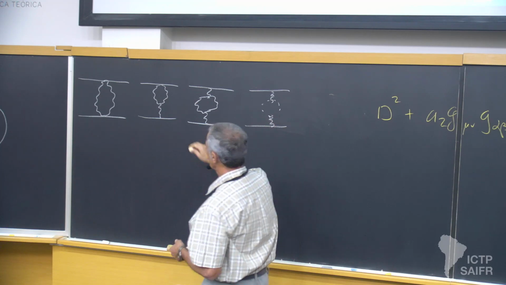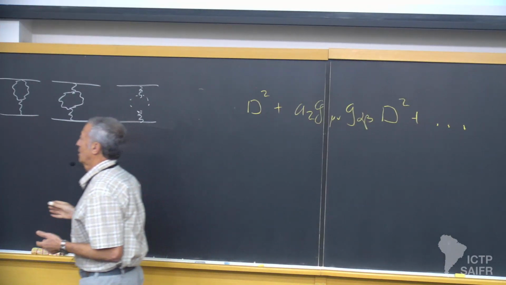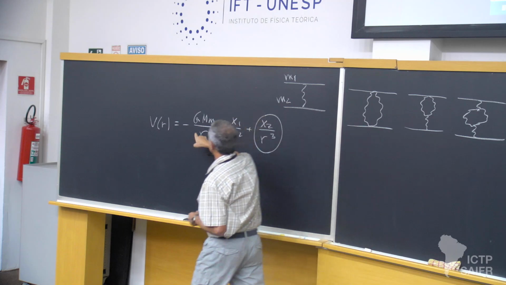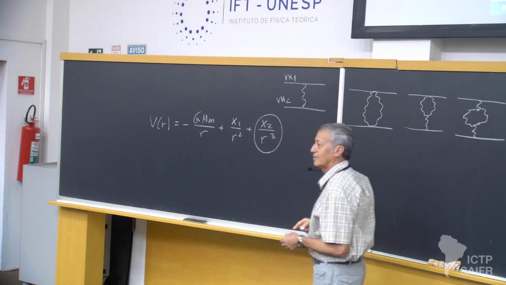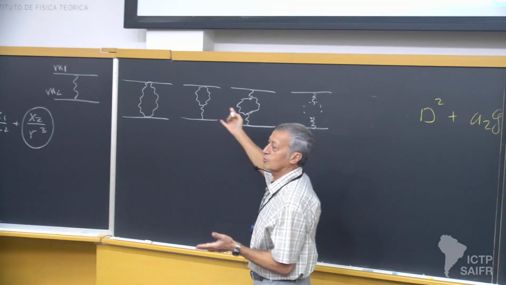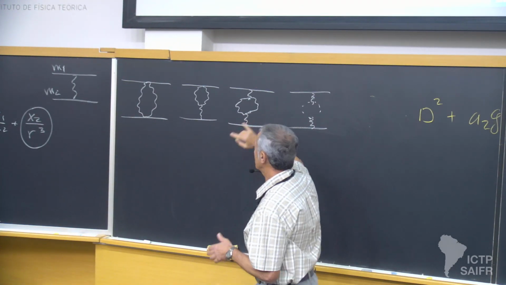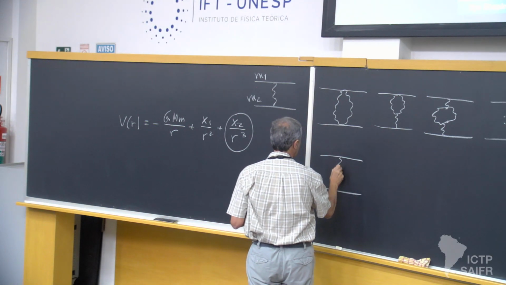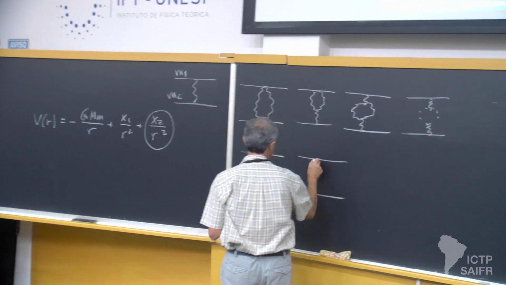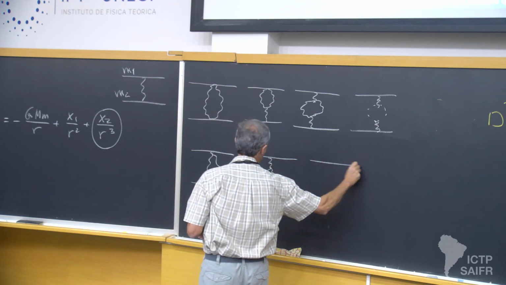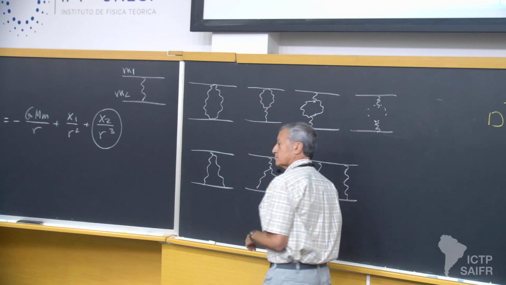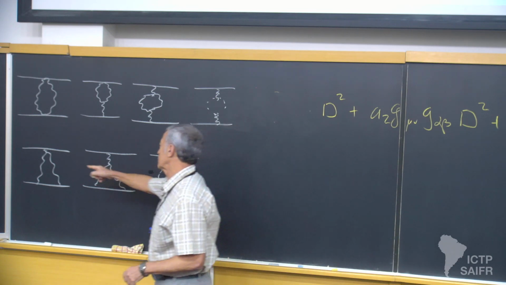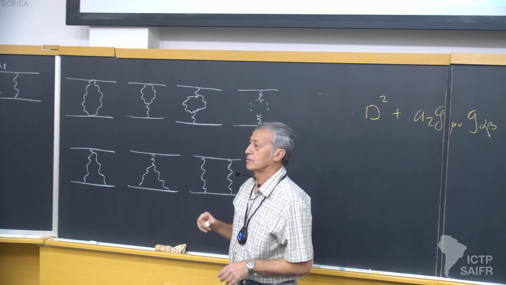With ghosts, okay? Those diagrams certainly have to be taken into account because the first point is that you take this guy, okay, here is mass M1, here is mass M2, and you get this term. Okay, M1 is small and big, okay? And then you want one loop corrections to this. This is what first comes to your mind. Nobody complained against these diagrams. They should be taken into account. But there is another set of diagrams, like this. Okay, in the first paper, Donoghue omitted this diagram intentionally and made a mistake with one of these diagrams and still got the correct result for x1. Very good, but